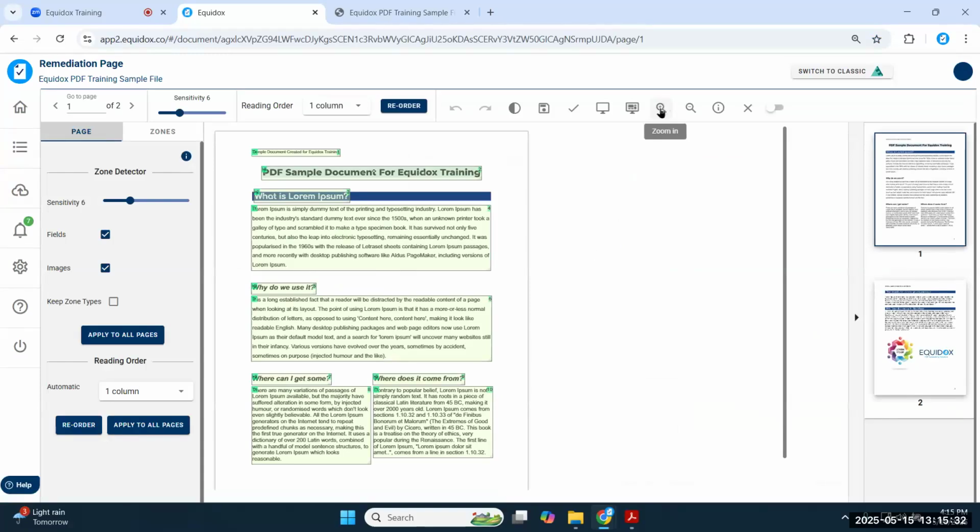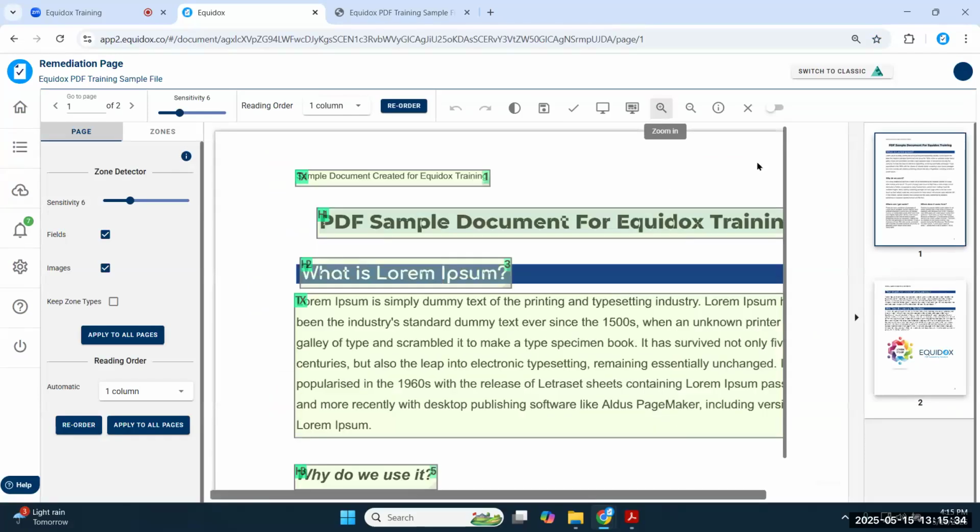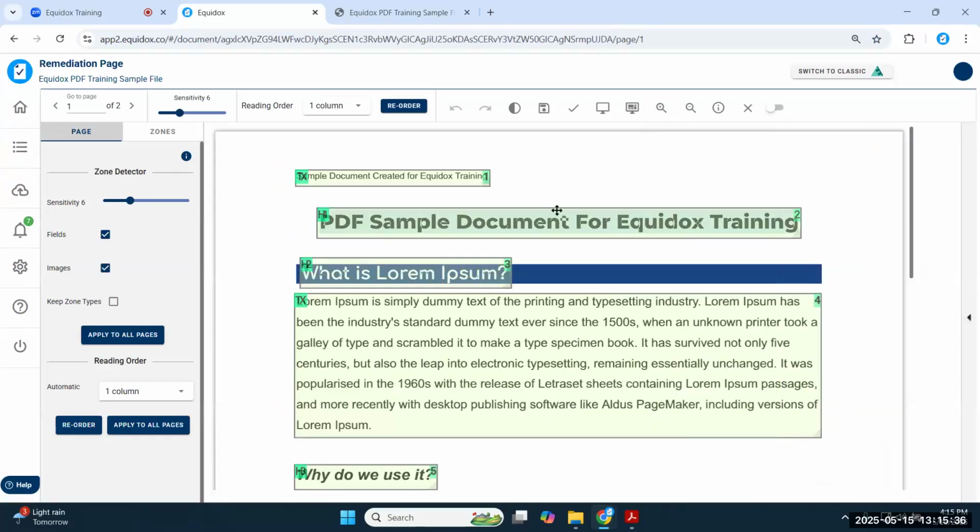Okay. A couple of other things on this page, not necessarily things that we have to do to this page, but just things to keep in mind when you're remediating. Repetitive elements, or things that you as a remediator want to mark as an artifact. It's a misconception in the PDF world that all things on all PDF pages must be tagged no matter what. That's not exactly true. I guess if you're in doubt, just tag it.